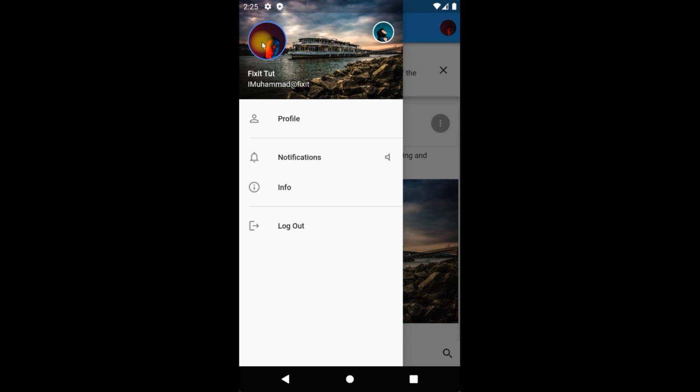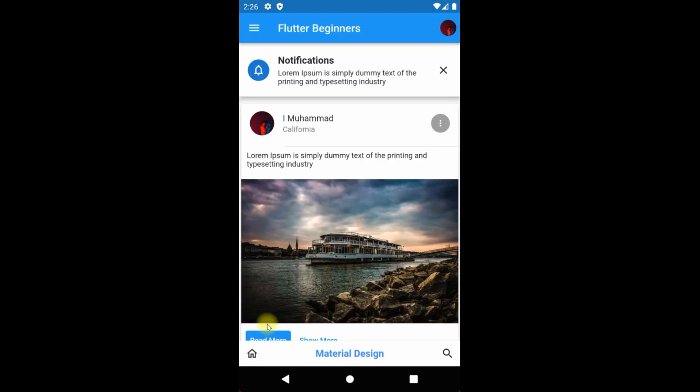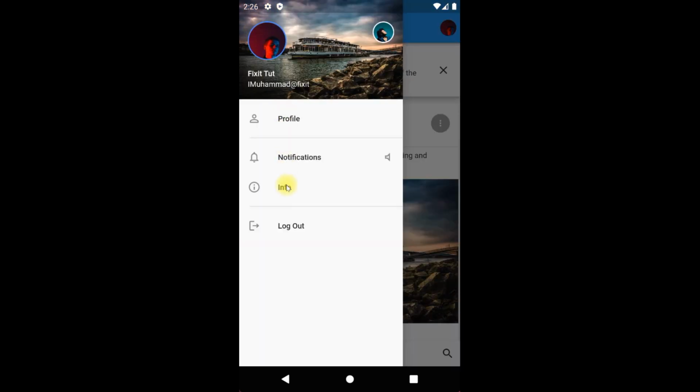In this course we will be designing an app using material design widgets. In this tutorial we will be working on bottom sheet. So for this,